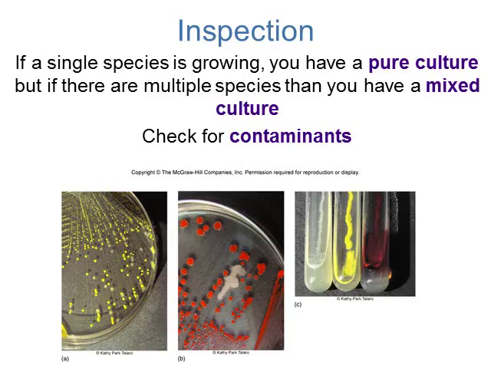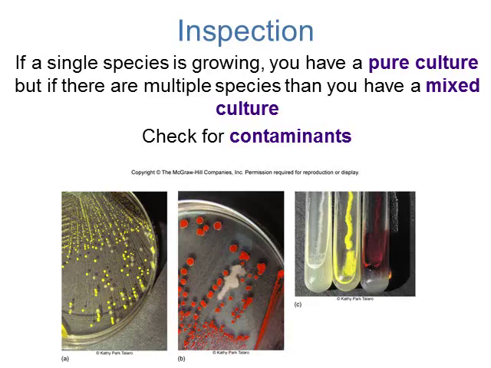This is something that we don't want at all. And it's usually some type of mold, or it can spread out, or just appears in one place on your plate, not everywhere on the plate. So if we look at the images down here, if we start on the left, image A on the left, we have yellow colonies and kind of a whitish cream colony as well. So this is a mixed culture